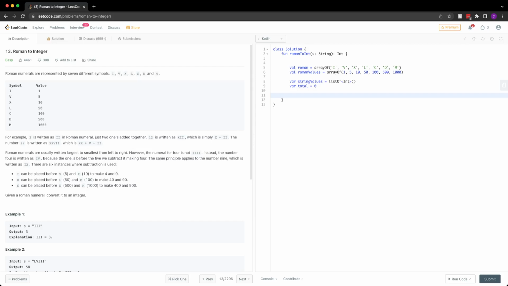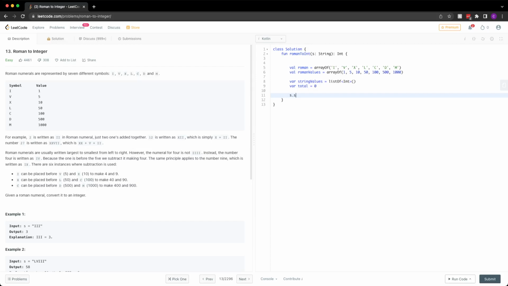And then let's do a string dot for each. It's a string. I don't know if you can for each on it, for each character, even though it is an array of characters. In Kotlin it's not exactly that way.